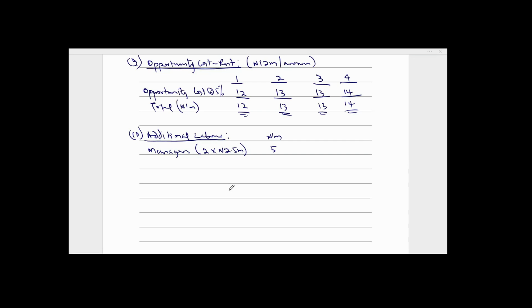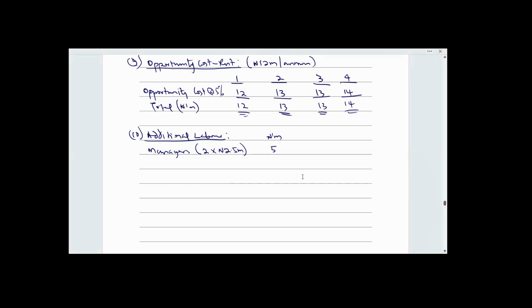What is relevant is the replacement cost of 1.7 million naira per year. So that 2 million naira is irrelevant, but this 1.7 million naira as a replacement cost is relevant. Therefore,